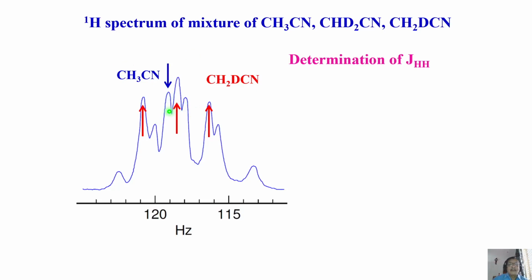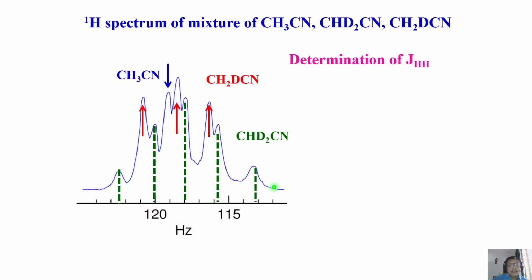Next, alternatively, why can't I see this molecule? That's also possible, right? That also will couple, and I can get HD coupling there also. Once I get HD coupling, I can convert to JHH using my formula. If I take the spectrum of the mixture of all three, when two deuteriums are coupled to a proton, one of the examples you worked out, it is going to give a pentet with intensity pattern 1, 2, 3, 2, 1. Remember I said this.